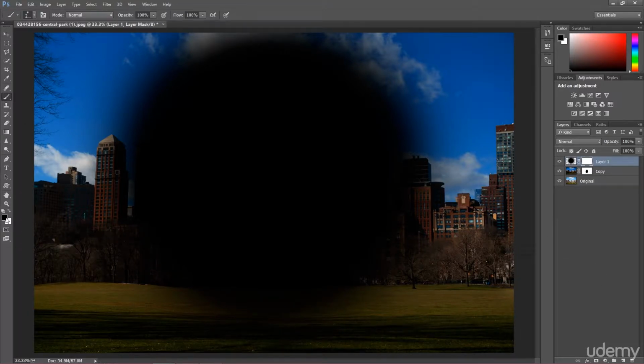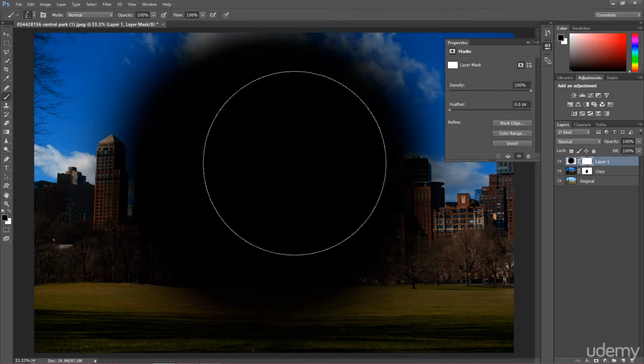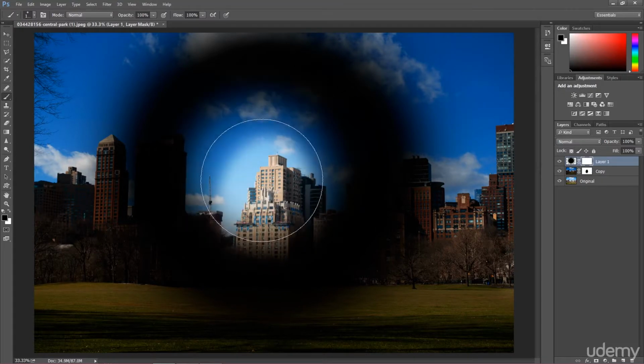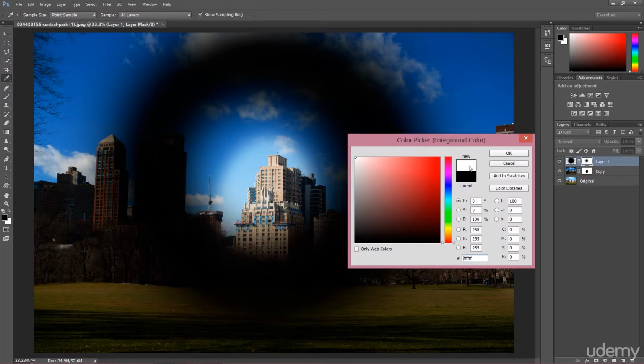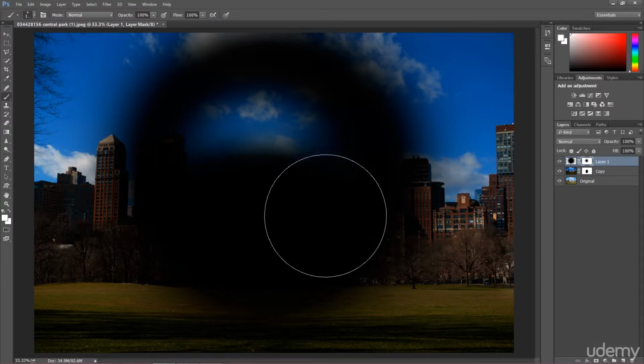I'm going to choose the black color, which is already here. Remember, this layer mask is selected, and I'm going to paint over here. And that's it. That's a really amazing thing. If you want to bring this up, choose the color white, and you bring up the black color.